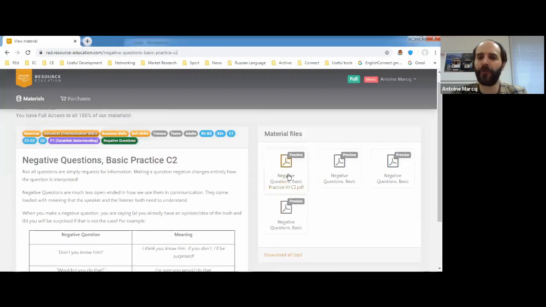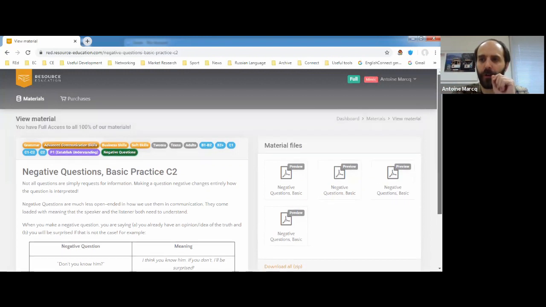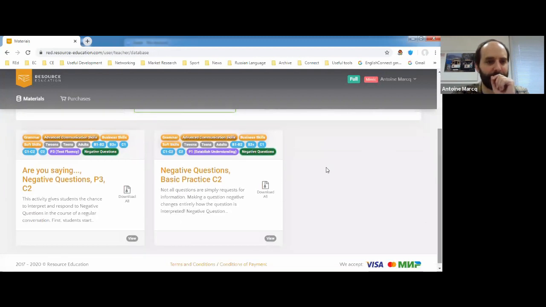So you see, first, we give you 4 separate activities that you can use in class or for homework, and you can spread these out during your course. And let's get back to this. Now let's look at the P3. There are no P2s for most soft skills, advanced communication skills, because